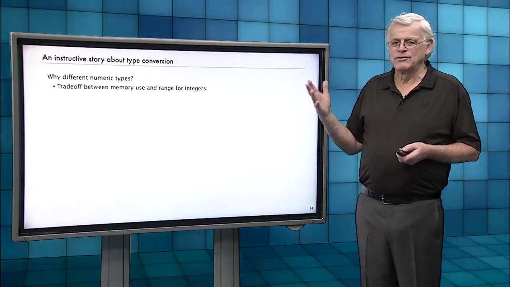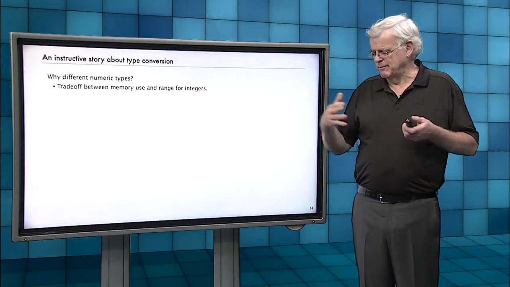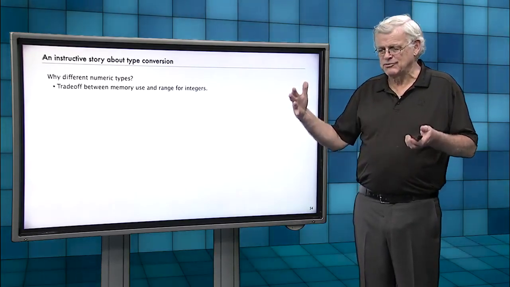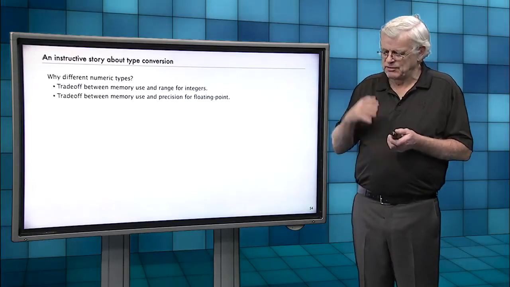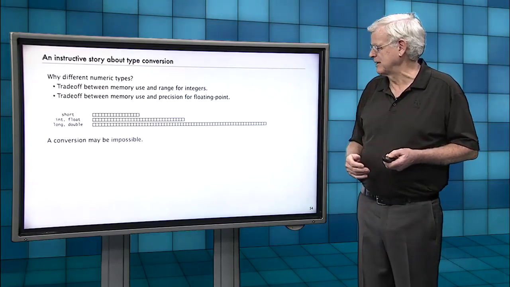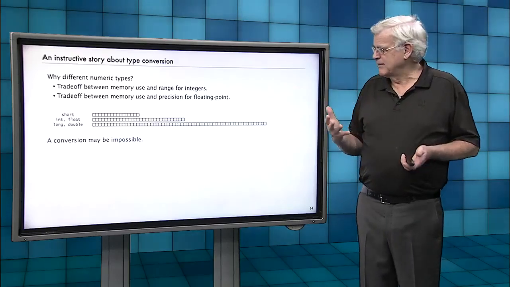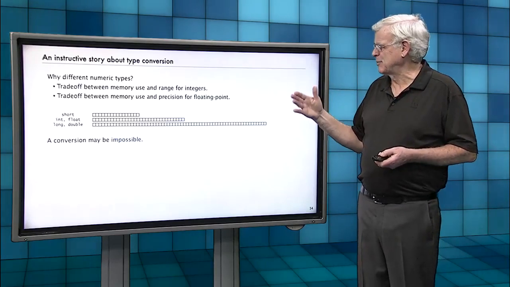Again, why do we have different numeric types? It's because if we want to have a big range, we're going to have to use more memory for integers. And if we want more precision, we're going to have to use more bits for floating point. And that's why we have these different types. Now, but the thing is that because of the restrictions on the range, it might be impossible to do a